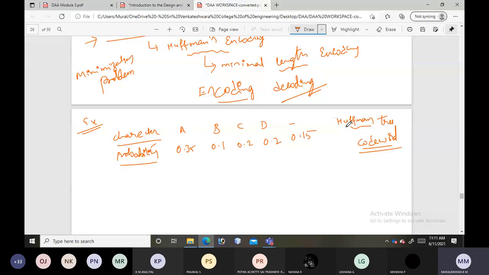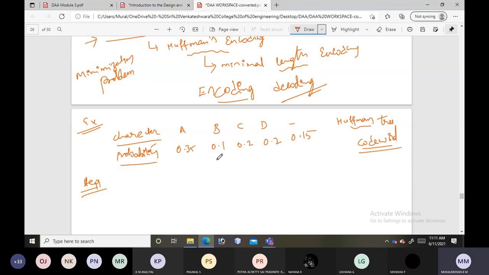Step one: you create a separate node for each character, naming the node by the character.